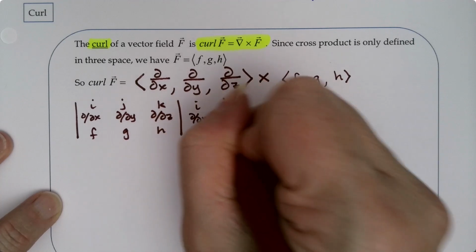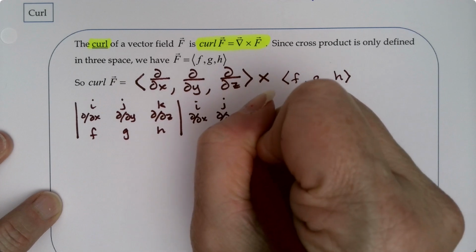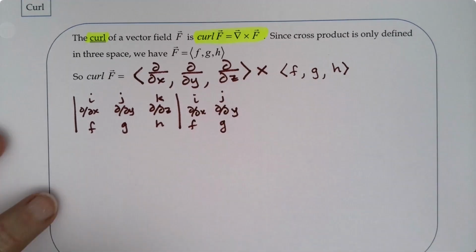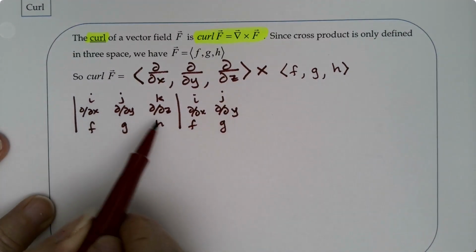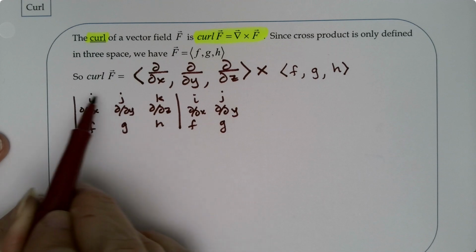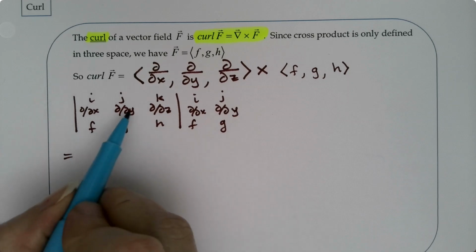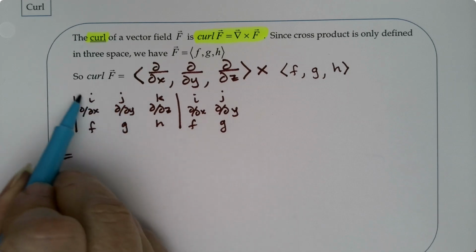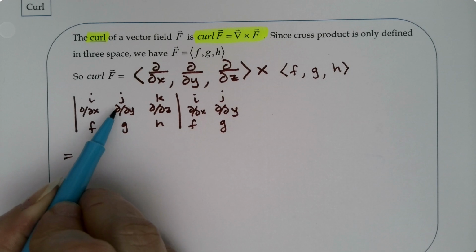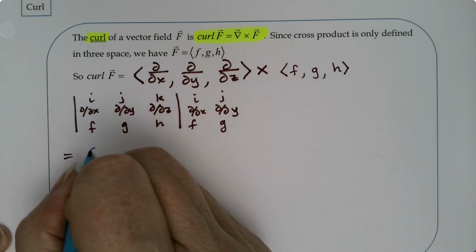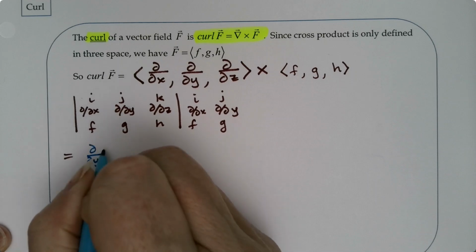This is just a quick way to find the determinant for a 3x3 matrix, which is what we're doing. Going forwards, we take the del with respect to y of h